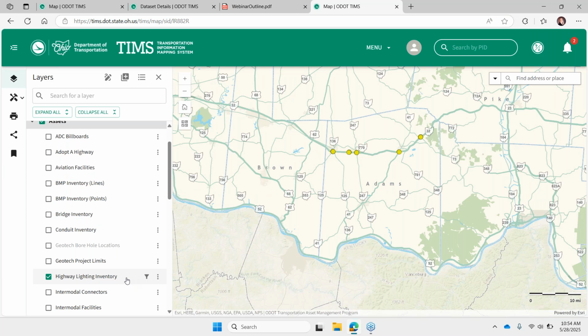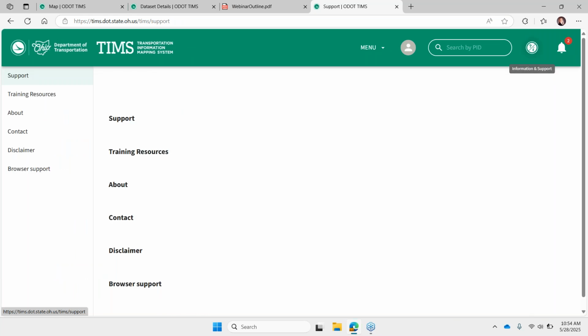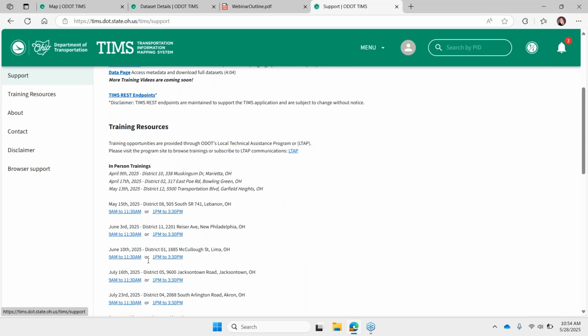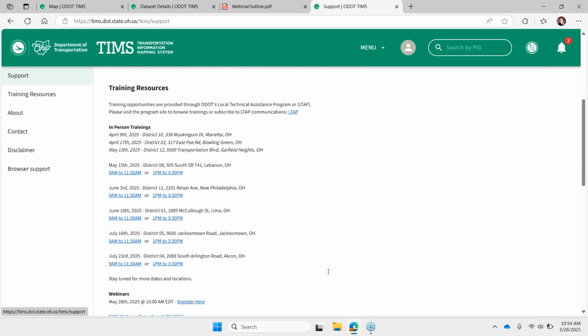Oh, we flew through that. One hour is barely enough time, but I hope you guys are comfortable now getting into the new TIMS site and exploring. That you remember if you have old workflows, you can still access that classic site for a while. And of course, that you remember where to get more training resources from that information and support page. Step through the user guide, watch a few videos, see what kind of trainings we have coming up soon. And with that, let's see if we got any questions.